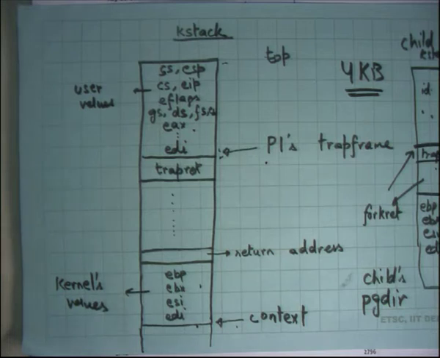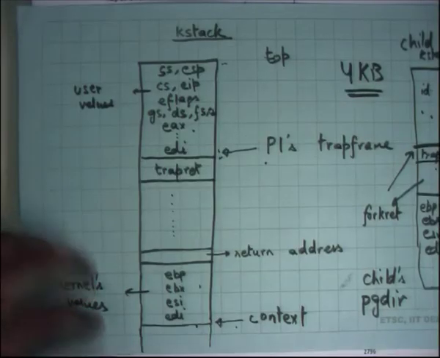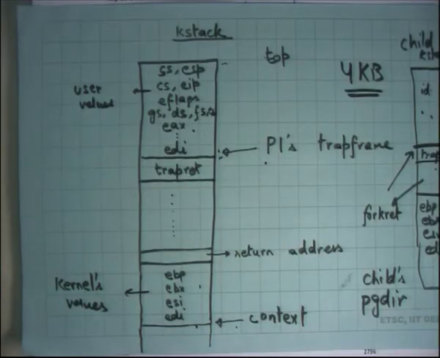So irrespective of where I am, I call switch, I get switched out, at some later point I get switched in, and I start execution, resuming from exactly where I left, right. Whoever called switch is going to now start executing from the next instruction after calling switch, just like before. So that's a context switch, you just switch the stack, right. One thread enters the switch and another thread leaves the switch. So it's a special function in that sense.